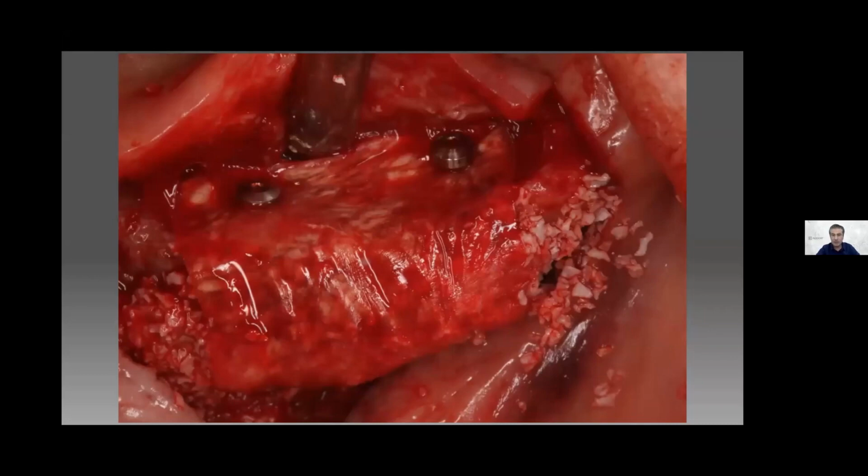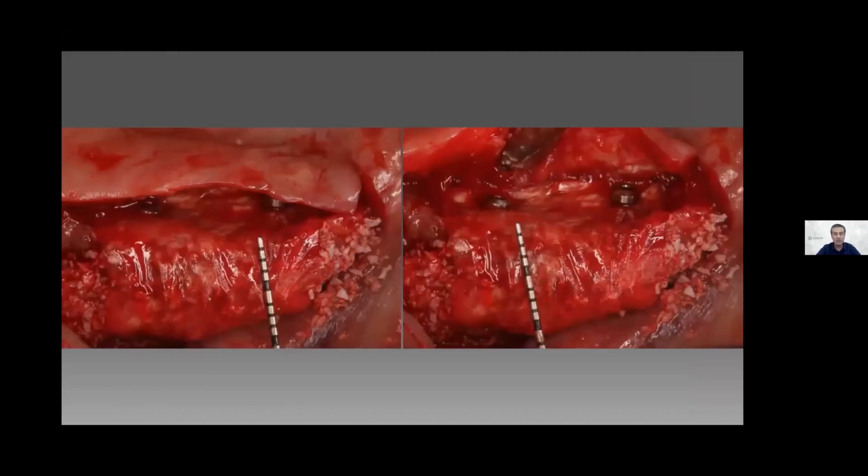So it's very important to use a resorbable membrane with a long resorption time. And we also have to stabilize this membrane with pins, because all the new studies show that if we don't stabilize the membrane, the bone substitute will disappear, and we will lose the amount of guided bone regeneration. At the beginning we had 3 millimeters, and now at the end we have